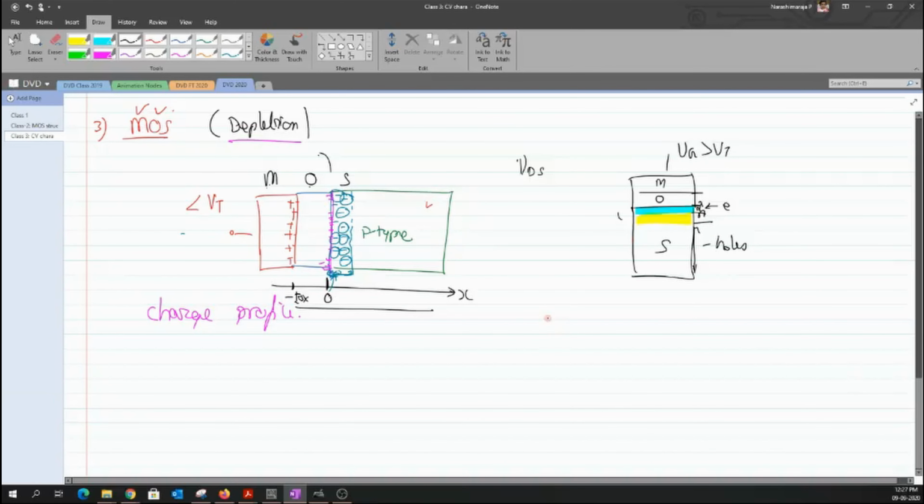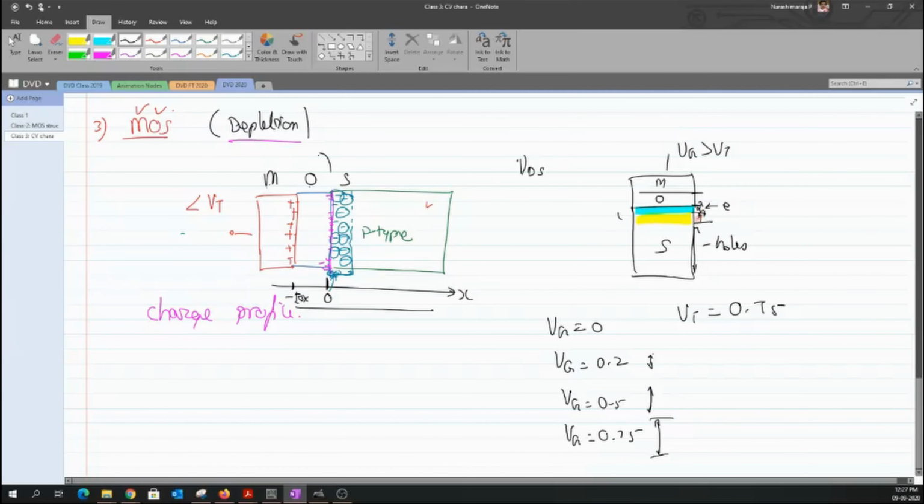But when I have Vg equal to 0, you will have a different depletion layer. Say, for example, let us assume that I have Vt as 0.7 volt. As I approach the value of Vt, say when I have Vg equal to 0.2, the height of this depletion layer will increase. And at 0.5, the height would be much higher. When the value of Vg is exactly at 0.75, the height would be much higher than the previous voltages that I had. But once I cross this Vt, the height remains constant.